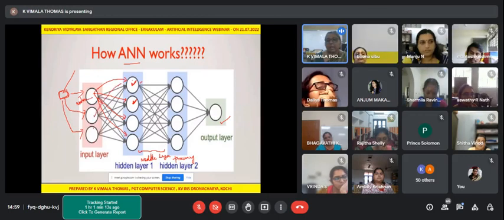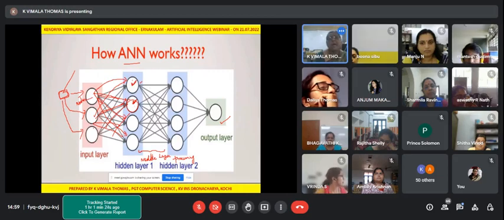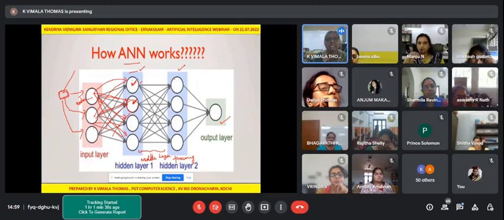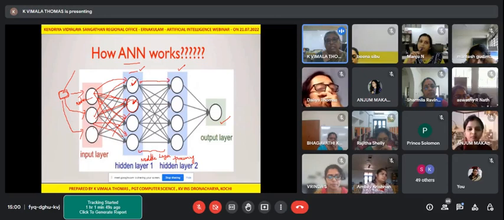Similarly, from the next node, you are again taking the information and giving it to each node, so that when this node is getting the information, it is getting it from everywhere, so that it can think in a better way. Do you understand? Now, the hidden layer can be just one layer, or it can be multiple layers. When it is multiple layers, it can do complex tasks also. It can sense complex situations also. But if it is just one layer, it will be useful in simple tasks only.